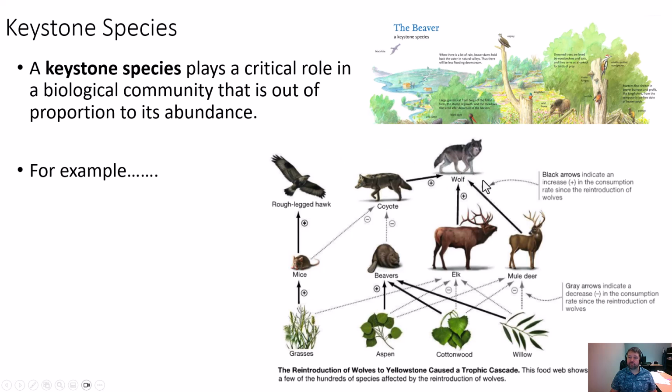Okay, the wolves would keep the coyote population down. Keep the coyote population down, you increase the amount of mice you have, you increase the amount of beavers you have. Okay, it would keep the population of elk and deer and bison and antelope and all these other grazers down. Okay, not eliminating the population, because they don't just feed on a single species, but it keeps the populations down, which relieved the stress on the primary producers and allowed the primary producers to greatly increase,